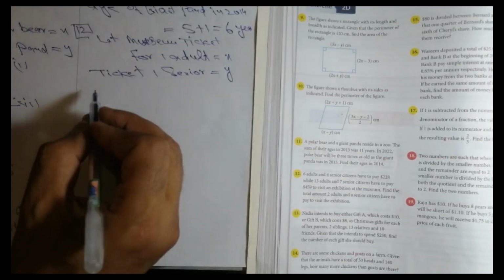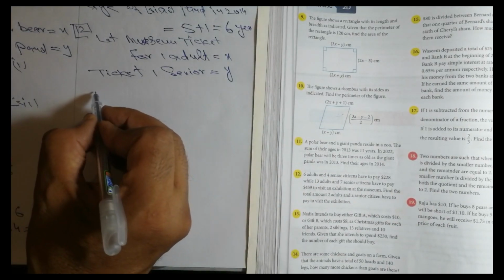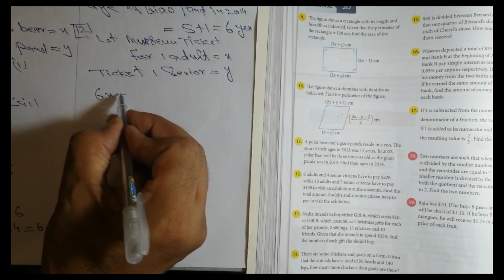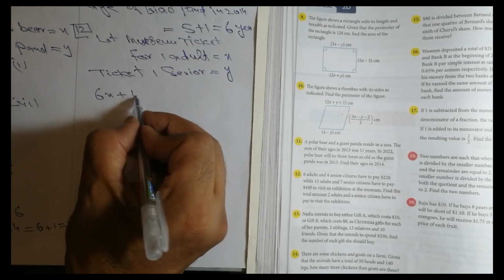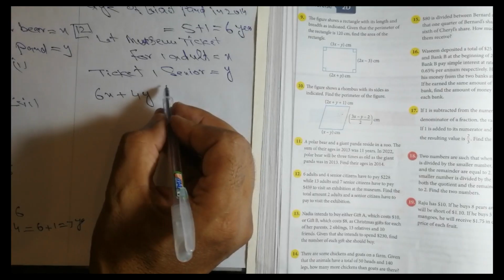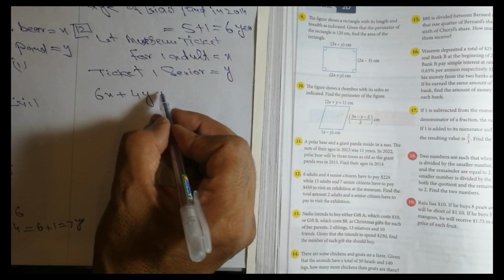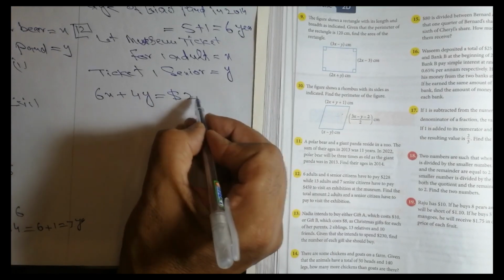So for 6 adults, 6x, plus 4 seniors, 4y, they have to pay $228,